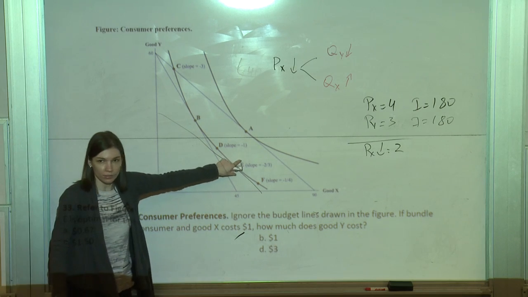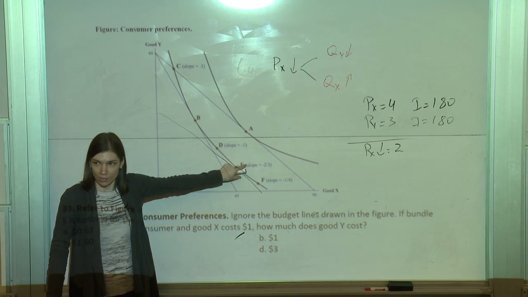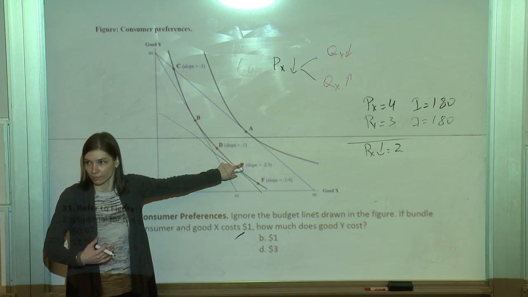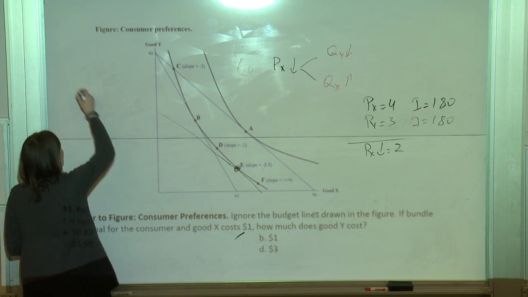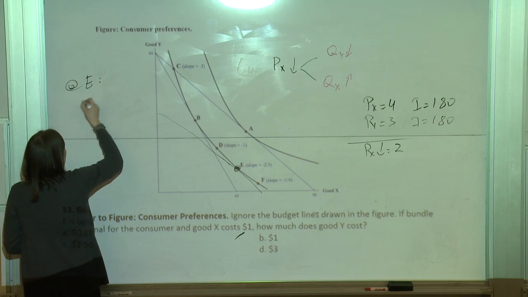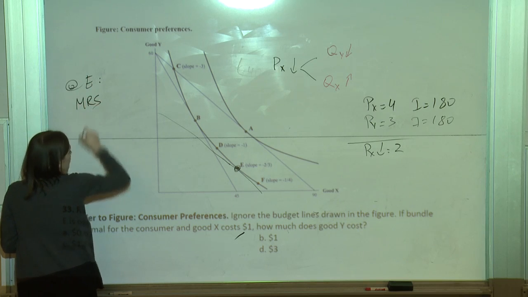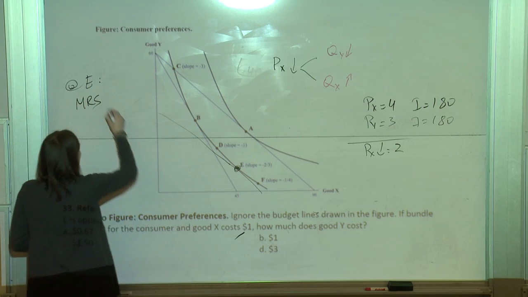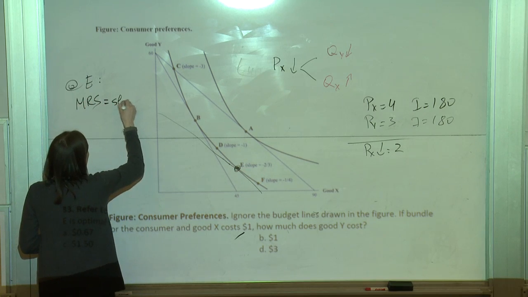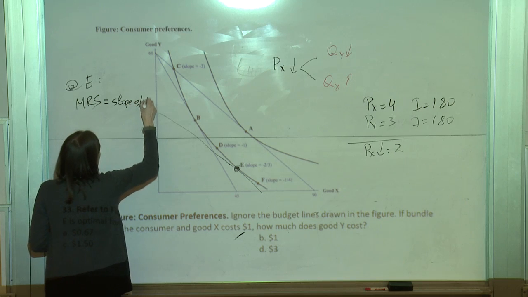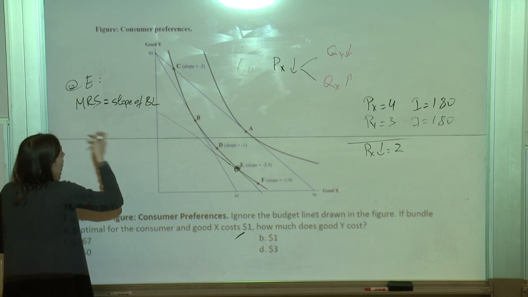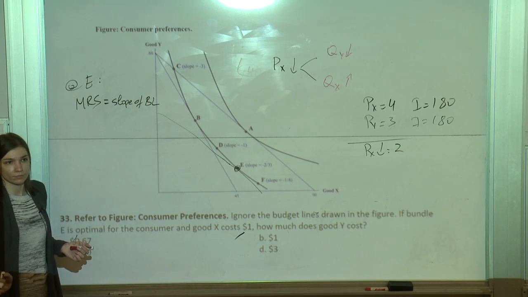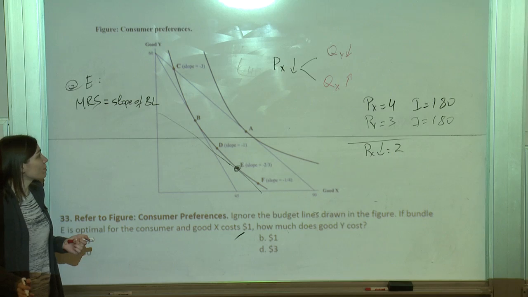Because they're tangent, then the slope at bundle E is going to be the same as the slope of the budget line, right? At the optimal bundle, so at E, the marginal rate of substitution, which is the slope at E, right, the slope of the indifference curve, is going to equal the slope of the budget line. I know the marginal rate of substitution here is negative 2/3, right? I have that. What is the slope of the budget line